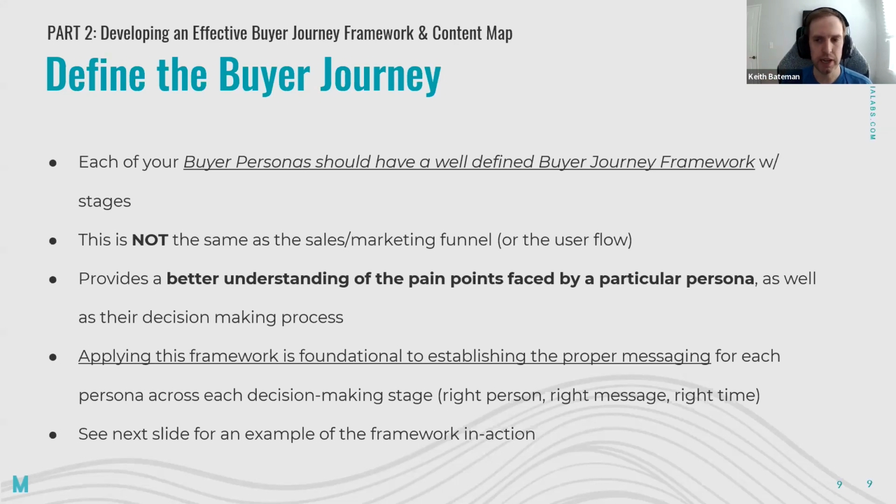What this framework represents is the decision-making process that a prospect will go through when evaluating and buying a solution. A key point to consider is that the buyer journey framework is a written form of the point of view of each persona and not from the point of view of the company. So we want to create this journey not from our own point of view, but from the point of view of the actual prospect or persona. And while the sales and marketing funnel is where the sales cycle of the company believes a prospect is, they are not the same thing.